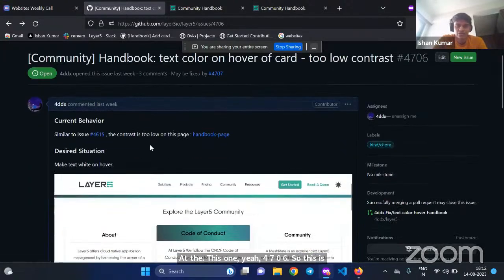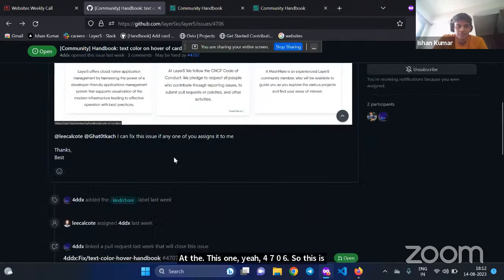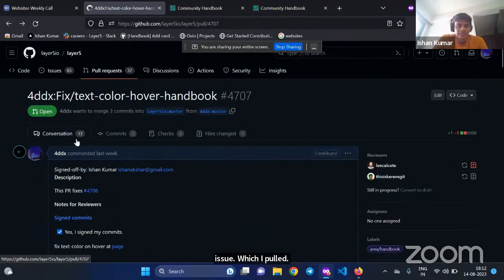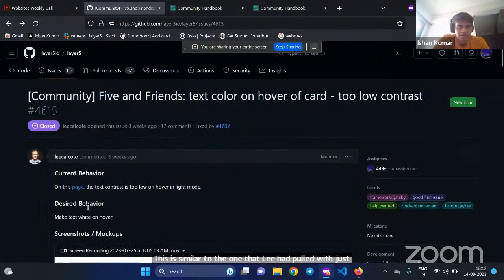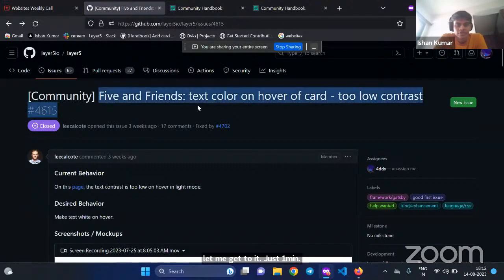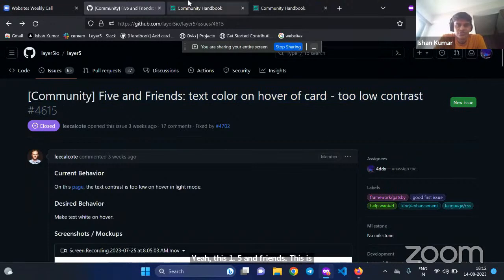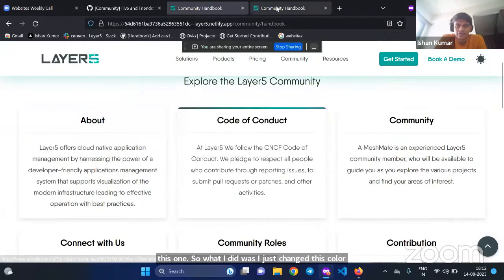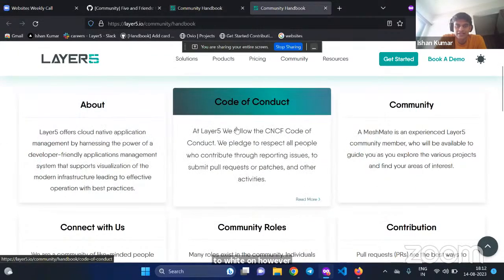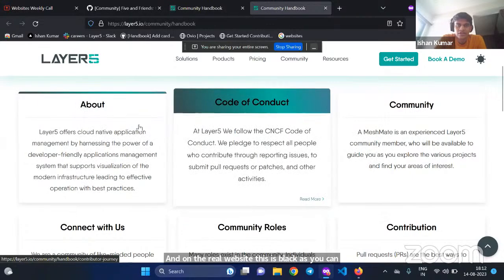This is the handbook issue which I pulled. It is very similar to the Five and Friends one that Lee had pulled. What I did was change this color to white on hover. And on the real website, this is black, as you can see. That's all I have done.